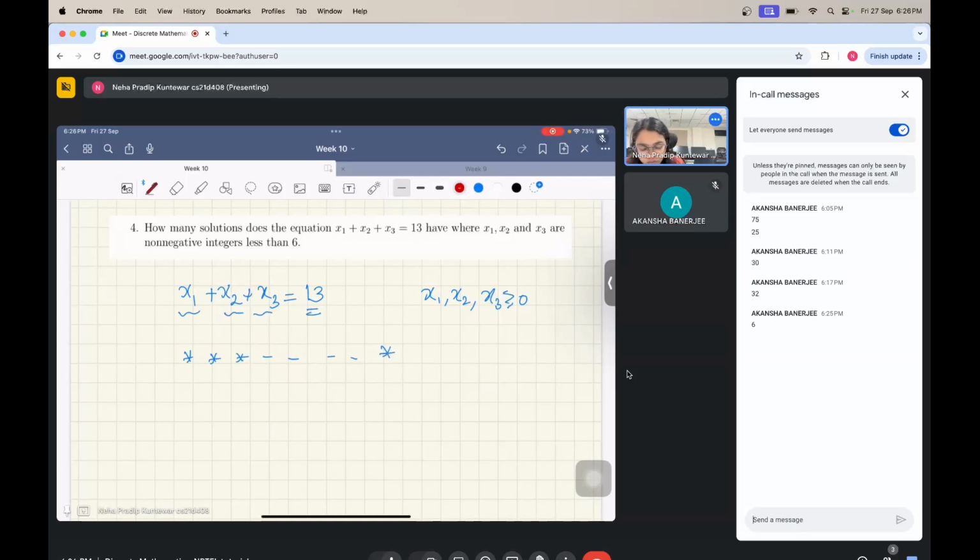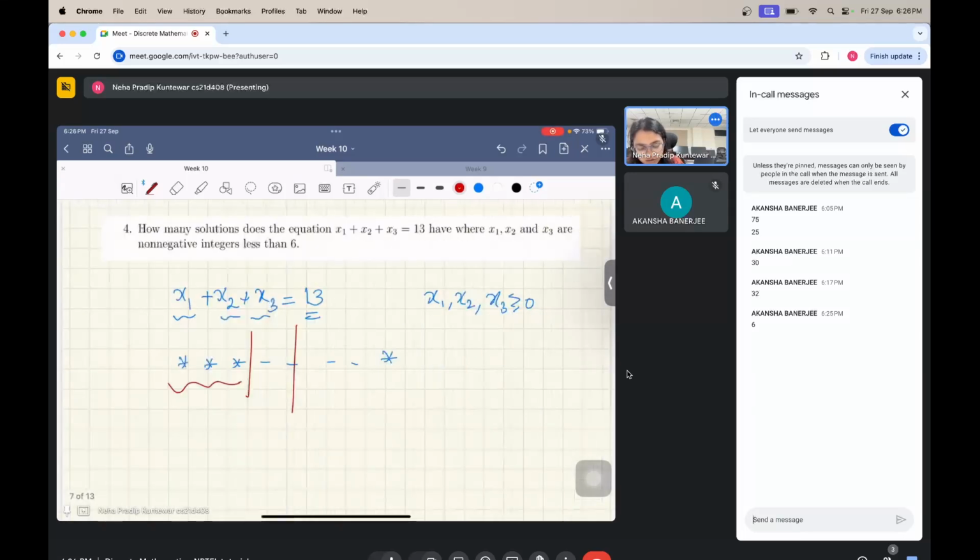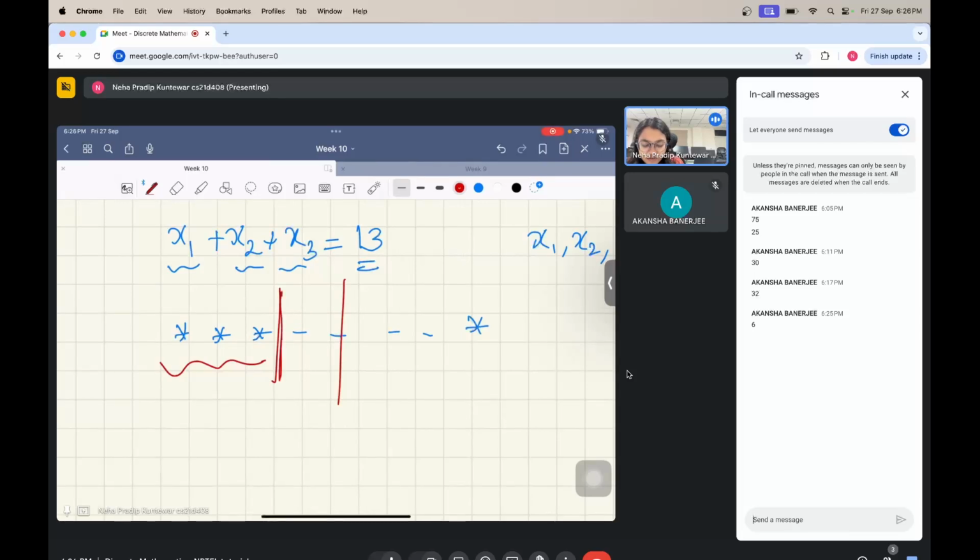So you'll put one partition somewhere here, one partition somewhere here, and the number of stars to the left of the first bar is the value for x1. The number of stars between the two bars is x2, and the number of stars here is x3. So essentially x1 plus x2 plus x3 is the total number of stars, that is 13,